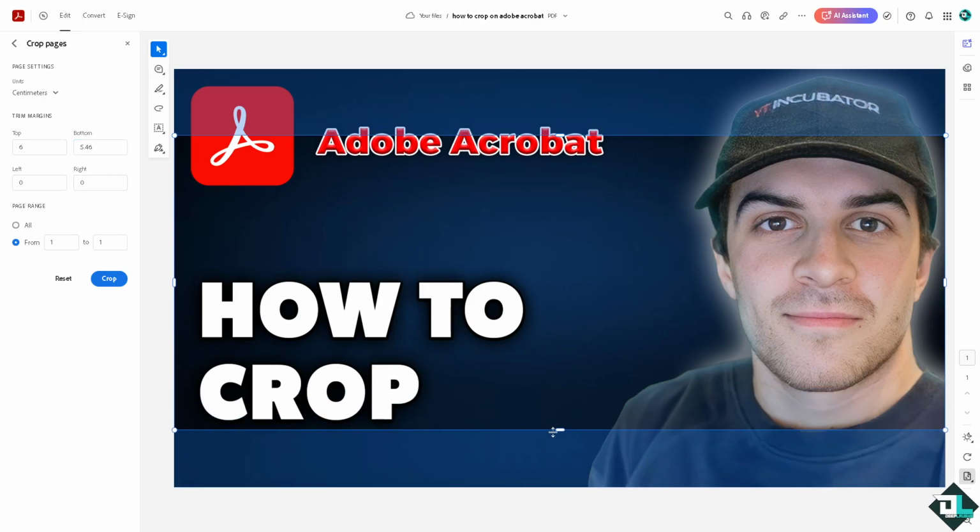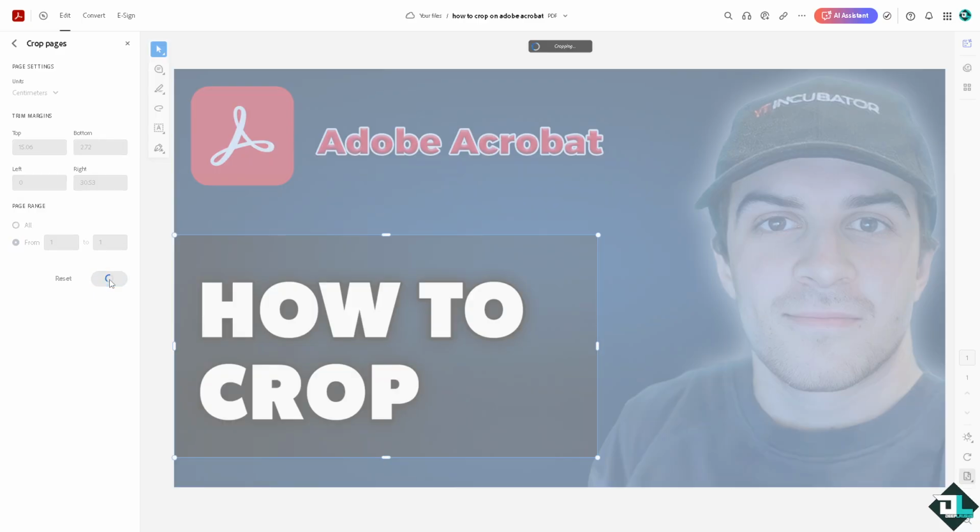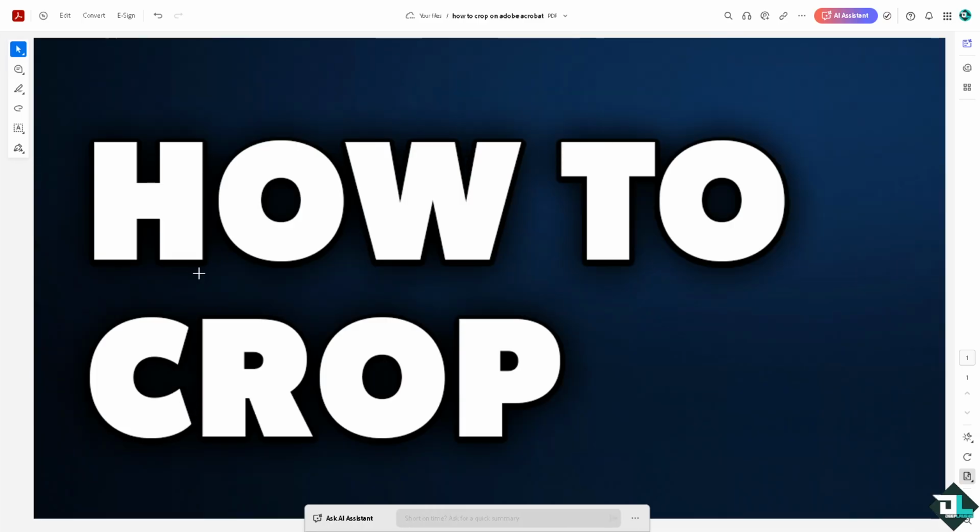You can also adjust it to whatever position that you wanted to. For example, this. So I'm just going to retain the text here. And all I have to do is press enter or simply click the crop. You see that? Now, if you want to undo that and you accidentally crop it by mistake, just click the